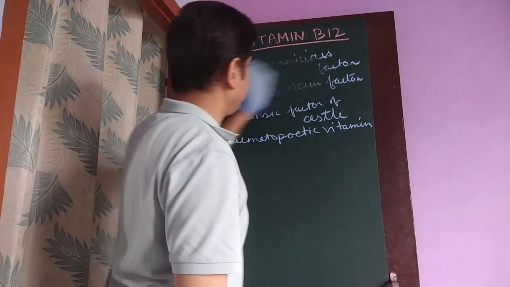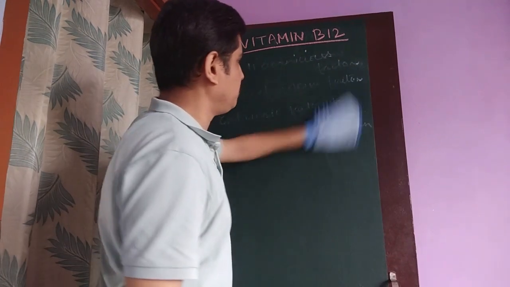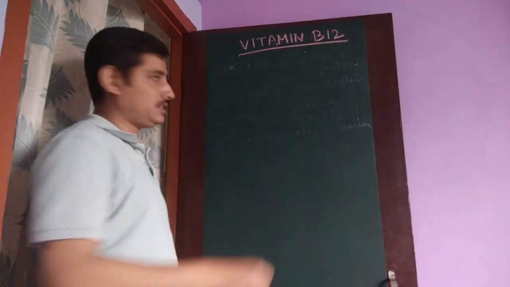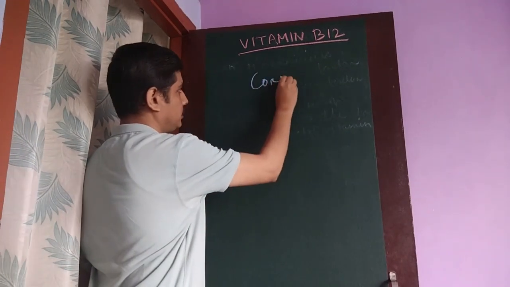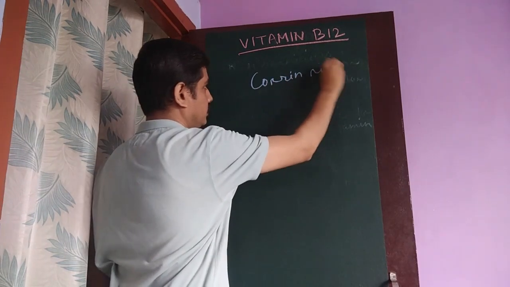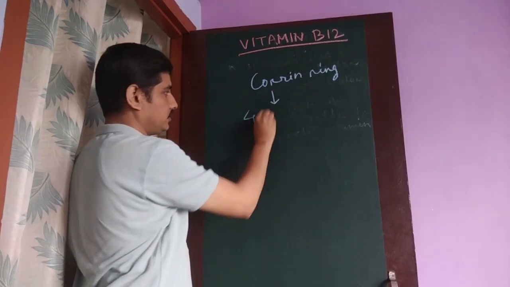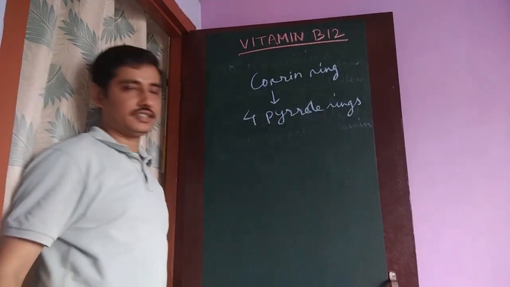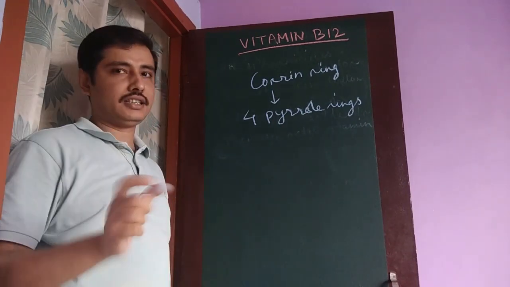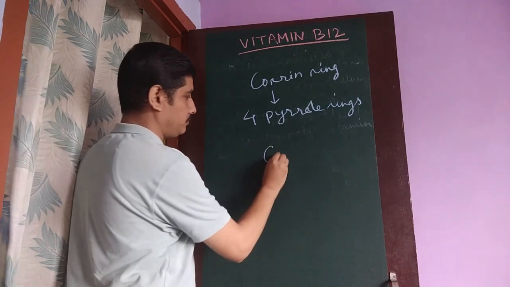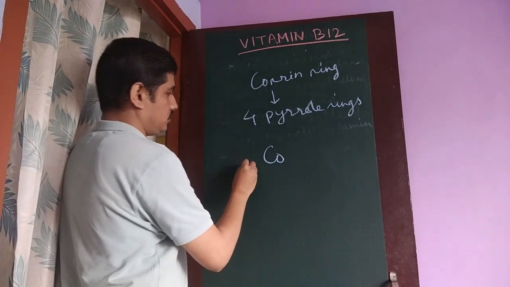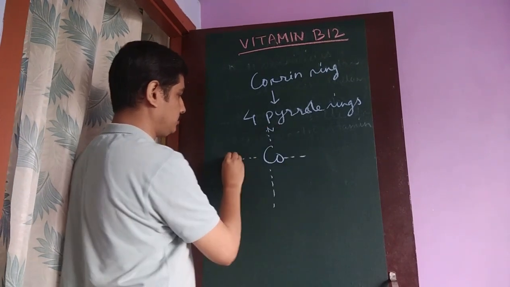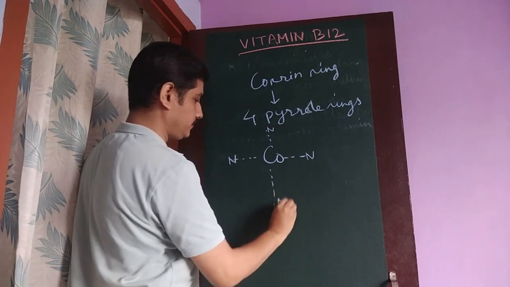So now the structure of vitamin B12. The main structure of vitamin B12 consists of a corrin ring. It has 4 pyrrole rings, known as tetrapyrrole rings, and at the center of the 4 pyrrole rings there is a cobalt atom. So 4 valencies of the cobalt atom are occupied by nitrogen of the 4 pyrrole rings,